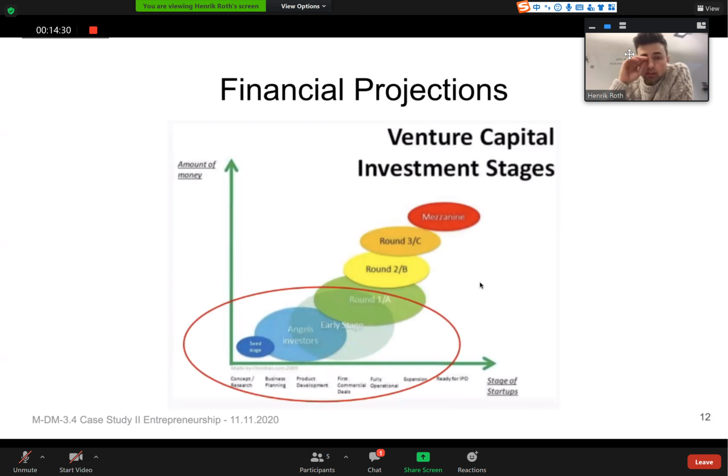Before we go to the template, actually creating the finance plan, some more information about how to actually get money for startups. Because in our case now, for example, in the startup where I am now, we have to get from